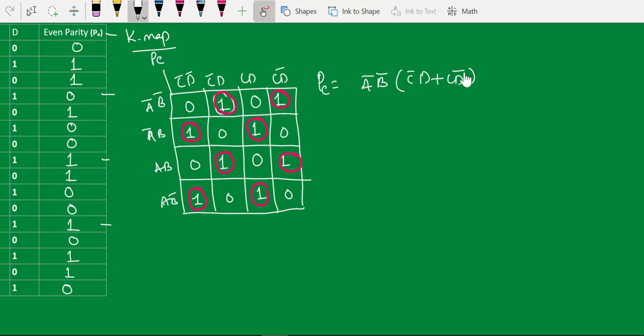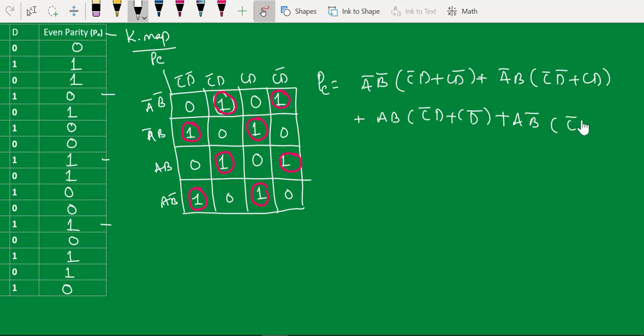Similarly, if you take along this line, A bar B times C bar D bar plus C D. Similarly, if you take along this line, A B times C bar D plus C D bar. If you take along these lines, A B bar times C bar D bar plus C D.